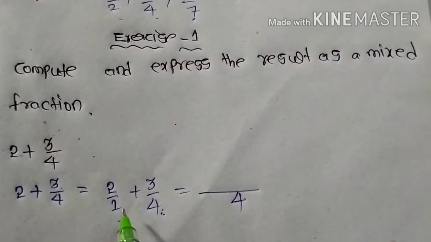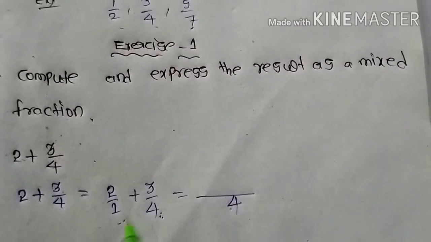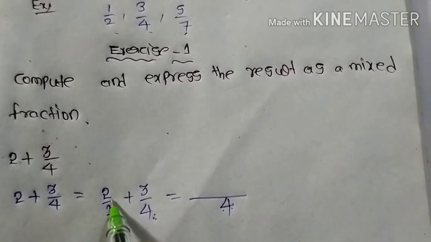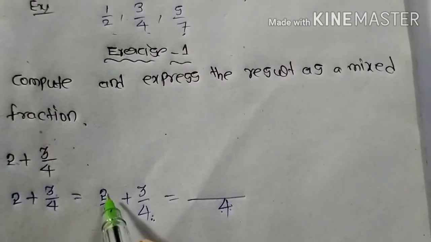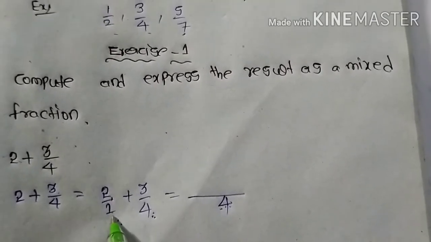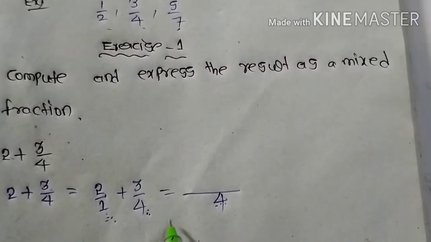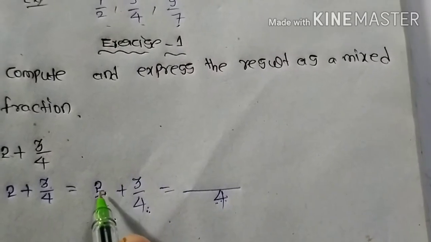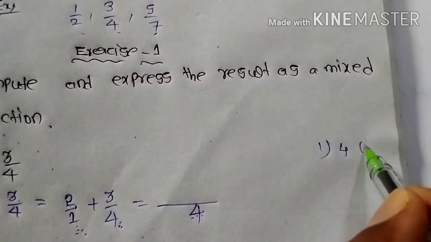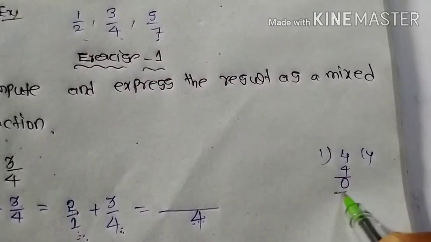Then you can see here, divide the LCM with the denominator. 1 4 is 4, or not? That means you can write here 4 into 2. First you divide the LCM with the denominator. After that, with the quotient, you multiply the numerator. That means, how can you write here 4? 1 4 is 4, so the remainder is 0.